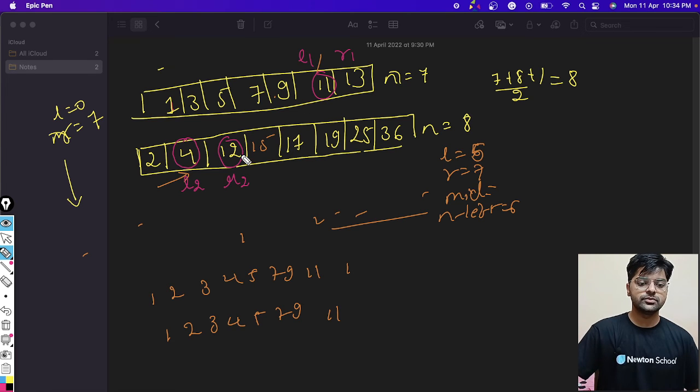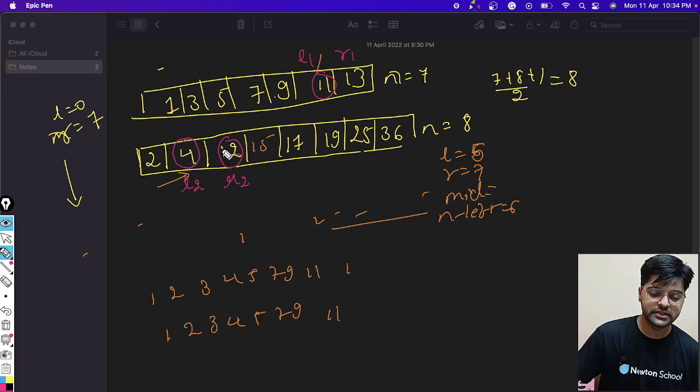So L1 is smaller than or equal to R2, and L2 is smaller than or equal to R1. Then this will be our boundary, right?